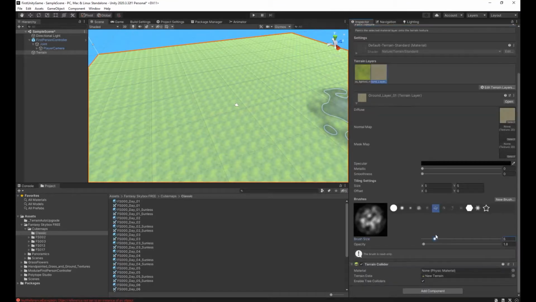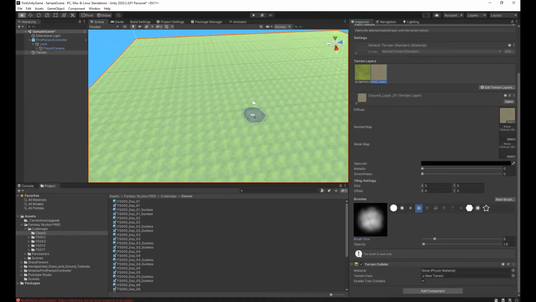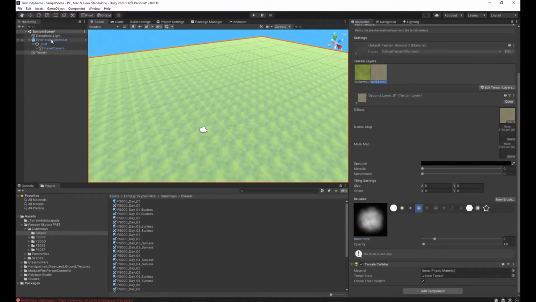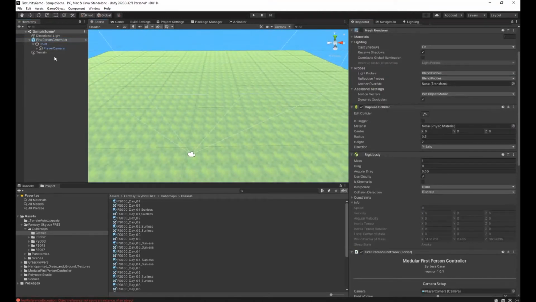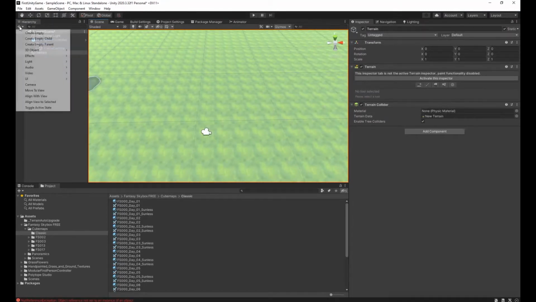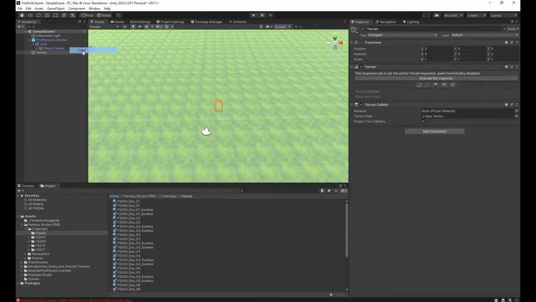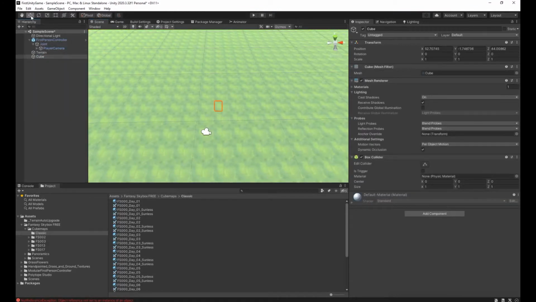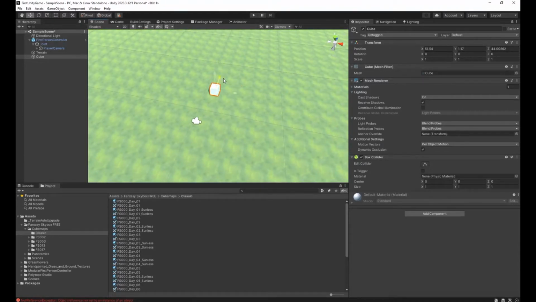So let's take something like this ground layer, and we will activate that. We will choose the brush because it works similarly to Photoshop. So if you're familiar with Photoshop, I think it will be clear to you how this works. Okay, and what we'll be doing, we'll paint some